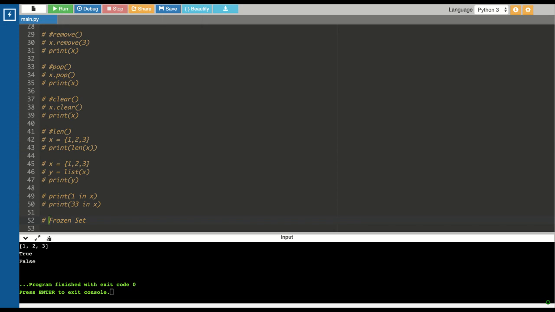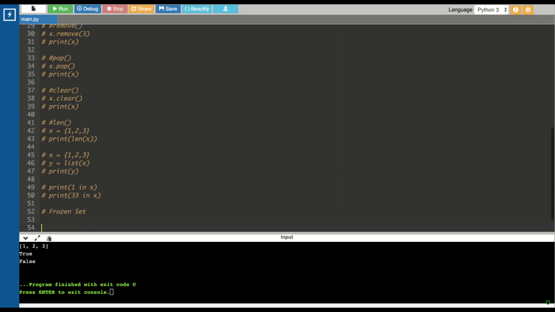There is one more concept, guys, which is frozen sets. So, what is the difference between a set and a frozen set? Frozen sets are immutable. You cannot modify a frozen set. So, what is the use of frozen sets in programming? Suppose you want to define some constants which you don't want to be modified across the application, like your global variables. You define them as a frozen set such that it cannot be modified by any application, across any methods.